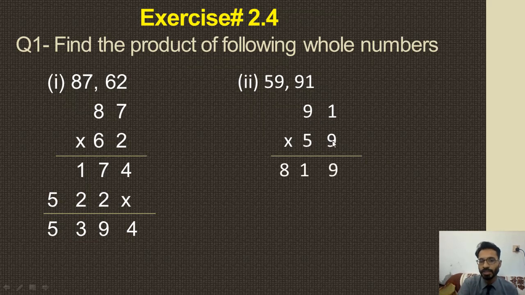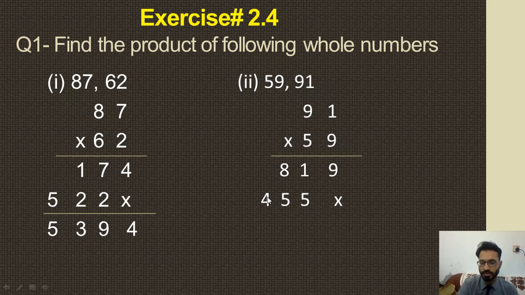So multiplication, 9 ones are 9. 9 nines are 81. From 81, 1 is written under 9 and 5 and 8 is written on the left hand side. Before multiplication of 5 with 1 and 9, first of all we put a sign under 9, then we multiply 5 with 1. 5 ones are 5, answer will be 5, we will write 5 under 1. Now we will multiply 5 with 9, 5 nines are 45. From 45, 5 will be written under 8 and 4 will be written at leftmost.